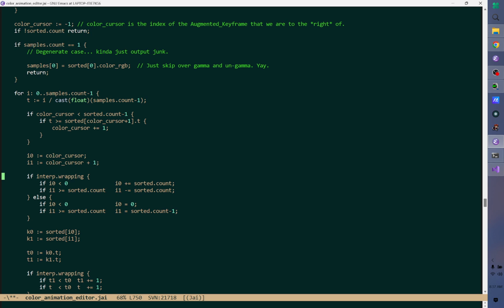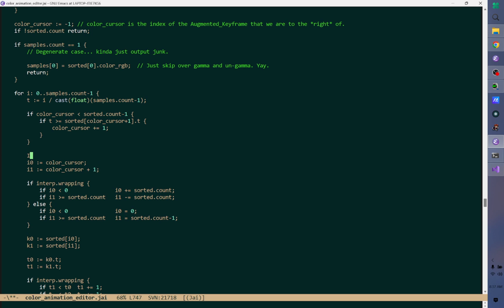In the new key case, yeah, we have our target T and our cursor. So I think here, interpolate takes cursor